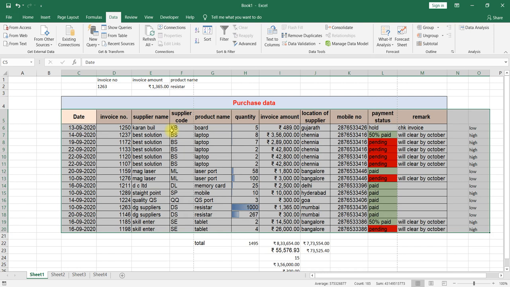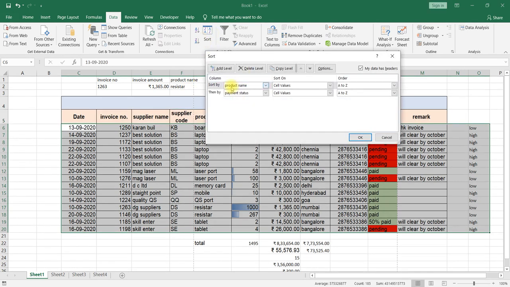Again, you can sort. For example, if you would like to delete this one, select that one, delete level. Product name wise, I would like to add level. I would like to say the invoice amount, largest to smallest.